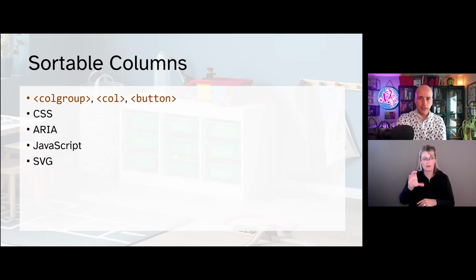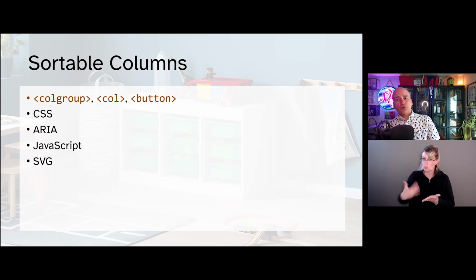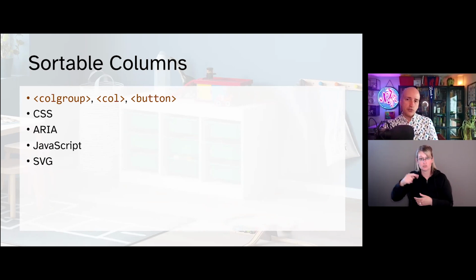Those can prove handy. The heavy lift of the sorting is performed by JavaScript, though for this talk, I'm only focusing on using JavaScript to manipulate ARIA values. If you want to find a script that sorts the data, you're on your own. You probably already have it in whatever is your preferred library, framework, whatever.